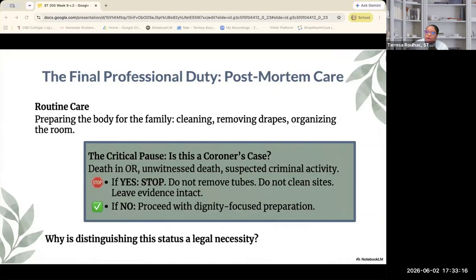So the question is, will we be questioned after if the patient had passed in a suspected criminal activity? I have not seen any concepts on the final or this week that are that specific in nature. It'll be more, do you understand what happens postmortem in respect to taking care of the patient, dignity, different things like that.